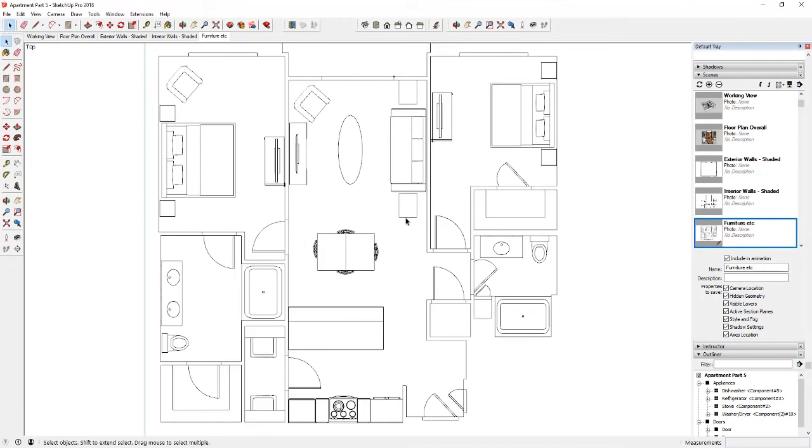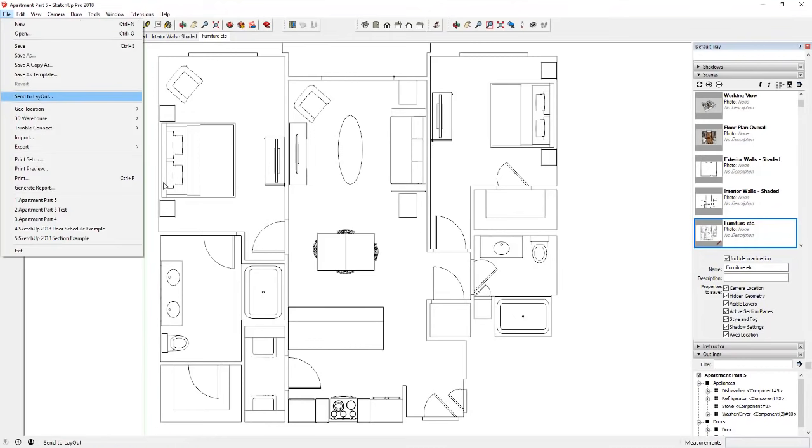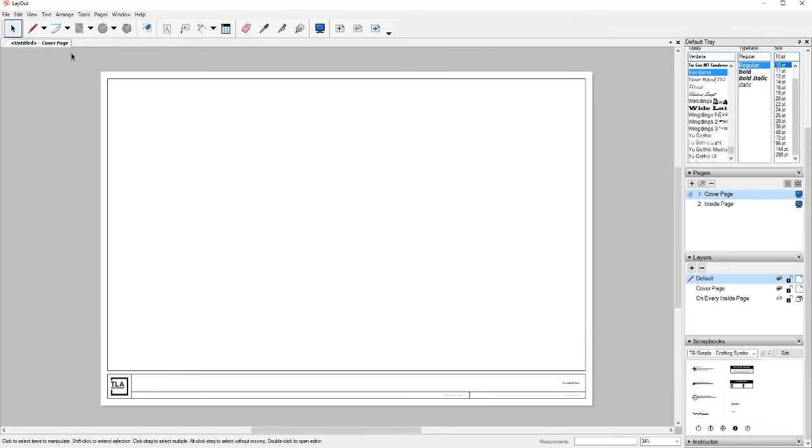So now what we want to do is save our model. So go in, do a file, and do a save. And then we're going to go over into Layout. There's two ways you can do that. You can either go to file and click send to layout, or you can go over to layout